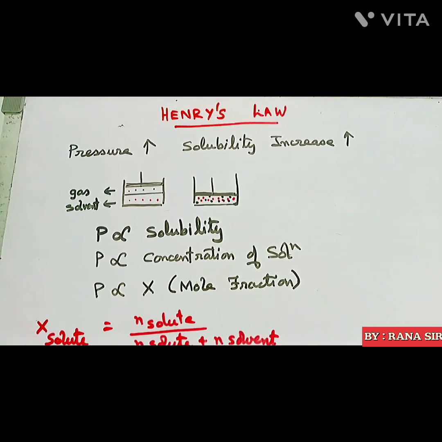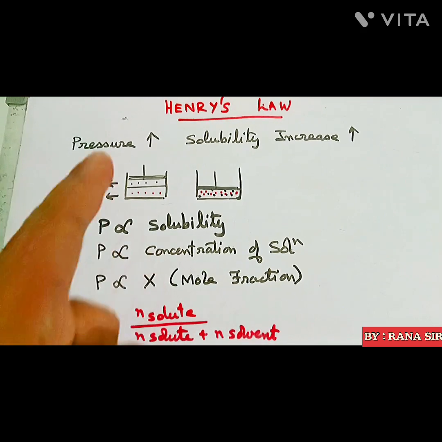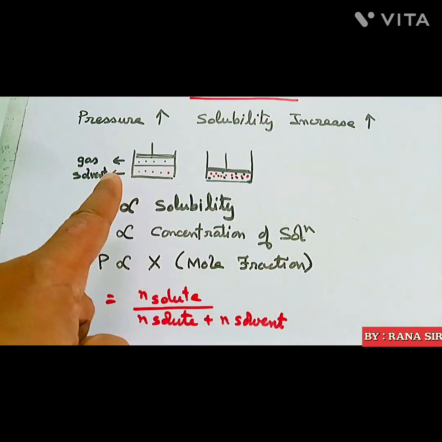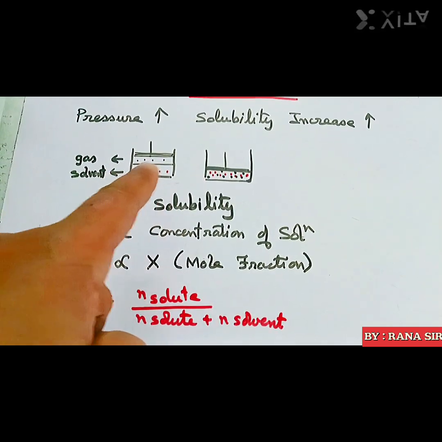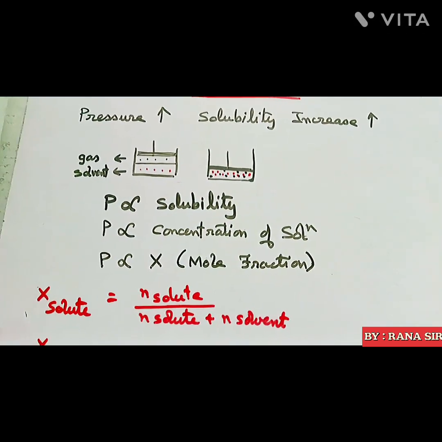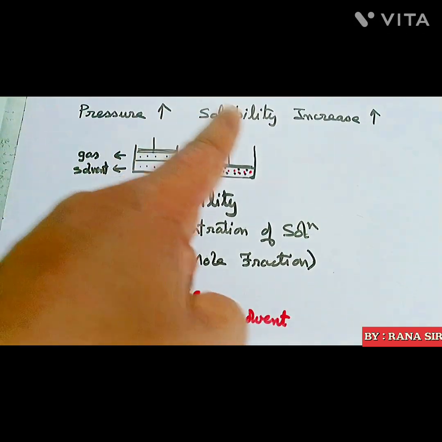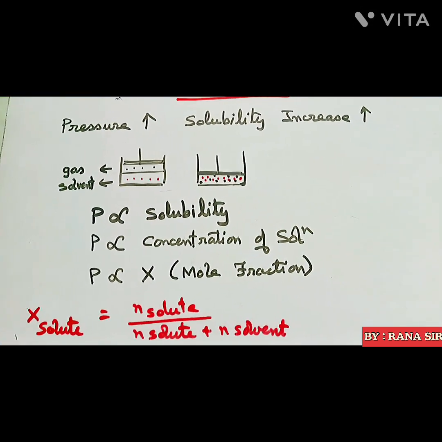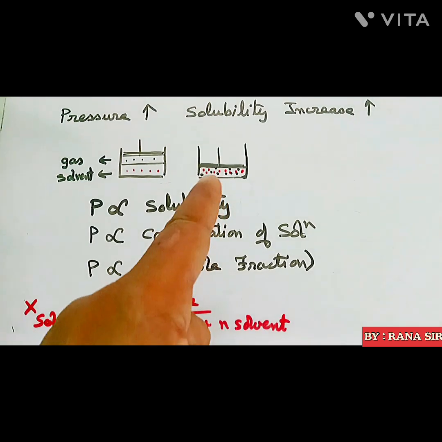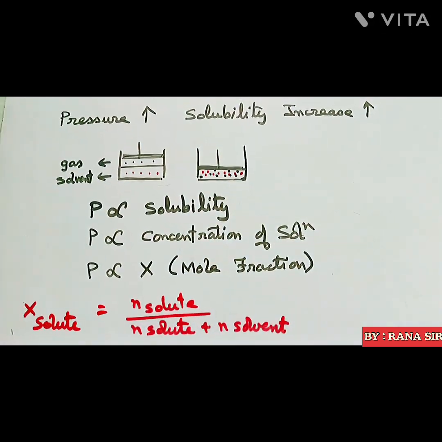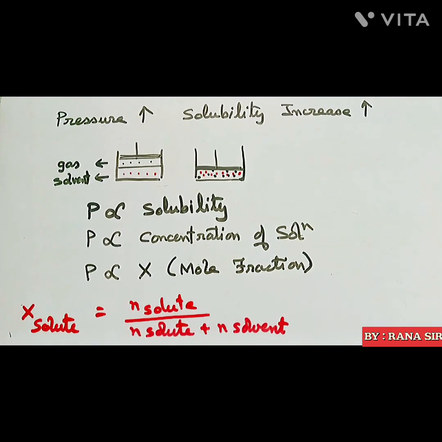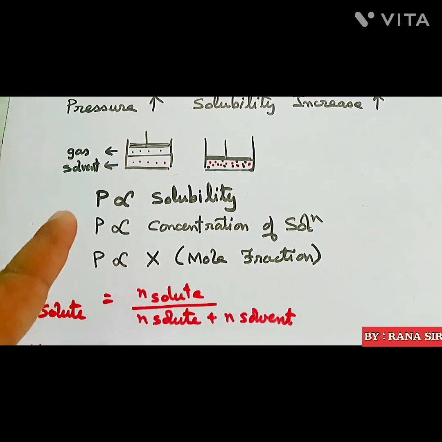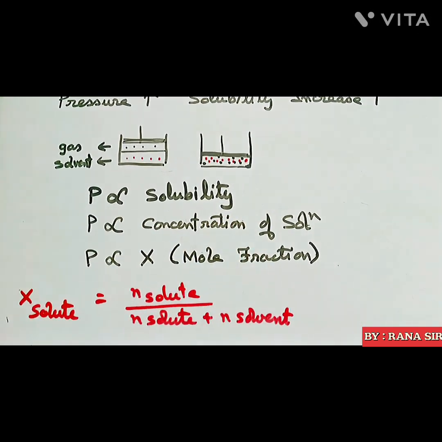So Henry's law, let us discuss. With increase in pressure, solubility also increases. In the diagram, see there's a solvent and above it there's a gas that is solute. There's a piston. When I bring the piston down, I'm creating pressure. When the pressure is increased, the gas molecules dissolve in the solvent. Hence, solubility increases. So we can write it as pressure is directly proportional to solubility,